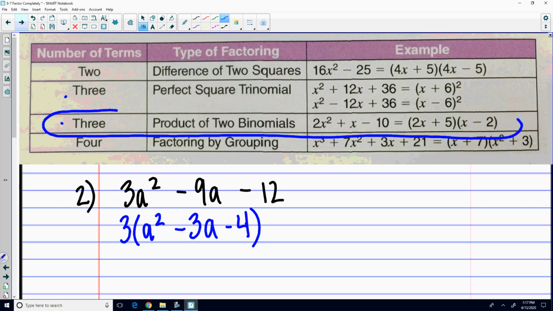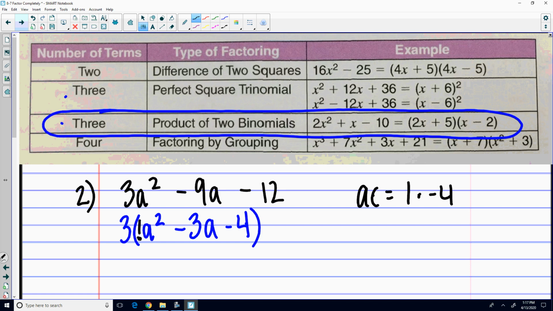And so I'm going to give you a little hint that we are going to use this product of 2 binomials right now. Because if you try it with a perfect square, it's actually not going to work. And so we're going to use this product of 2 binomials. So when I have, there's no number in front of the a, yay! I need to just figure out what 2 numbers. So my AC, my 1